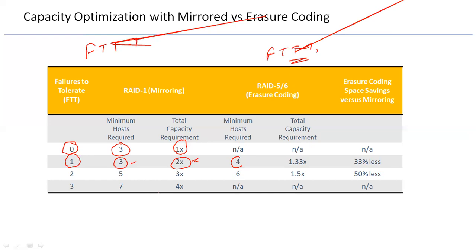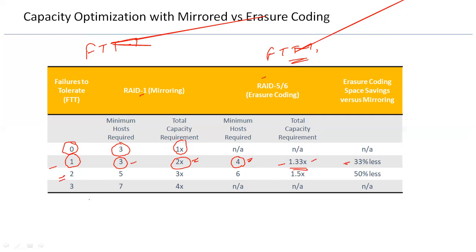Okay, while we are configuring FTT1 with RAID 5 instead of RAID 1 mirroring, I'll be needing 4 hosts minimum, and the total capacity overhead will go to 1.33x, where I could say 33% less as compared to RAID 1 mirroring. When I say FTT2,